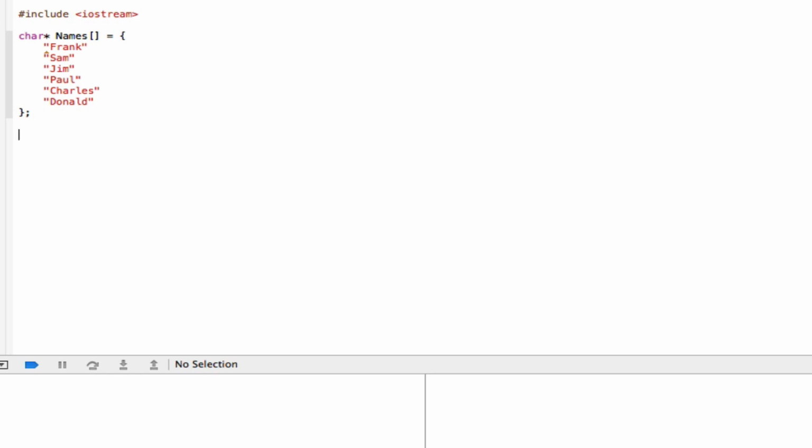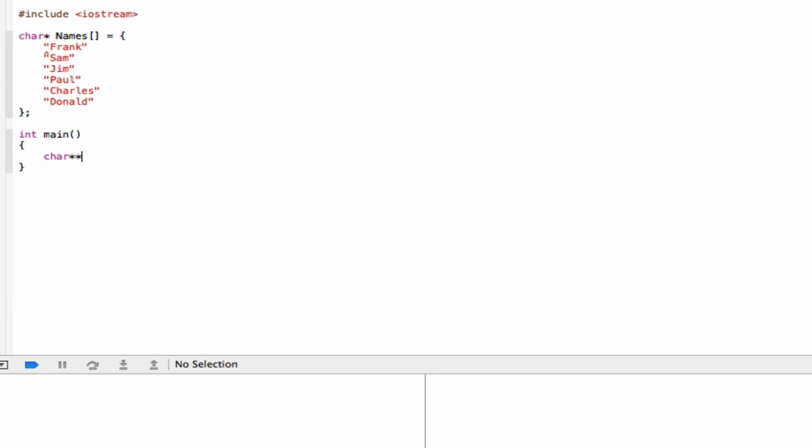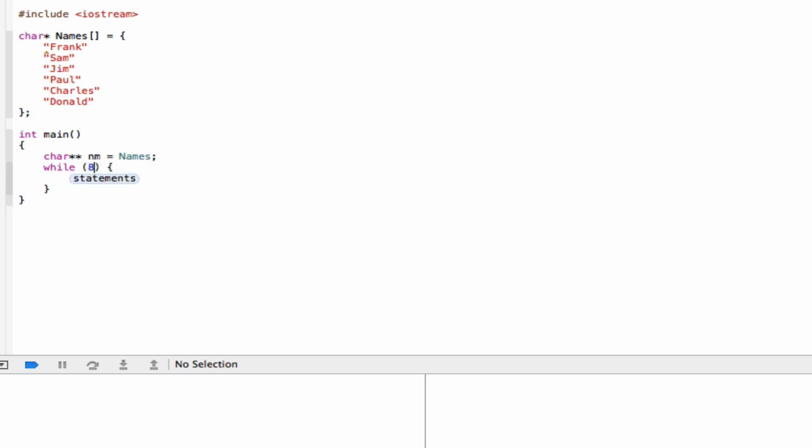And now to the main function itself, int main, char star star nm equals names, semicolon. That off, we can have a while loop, a while statement that says while the condition is star nm is not equal to 0. In your statement you can say,